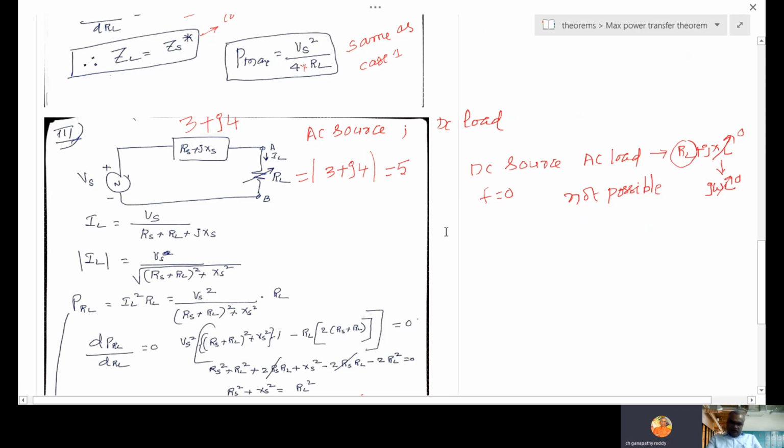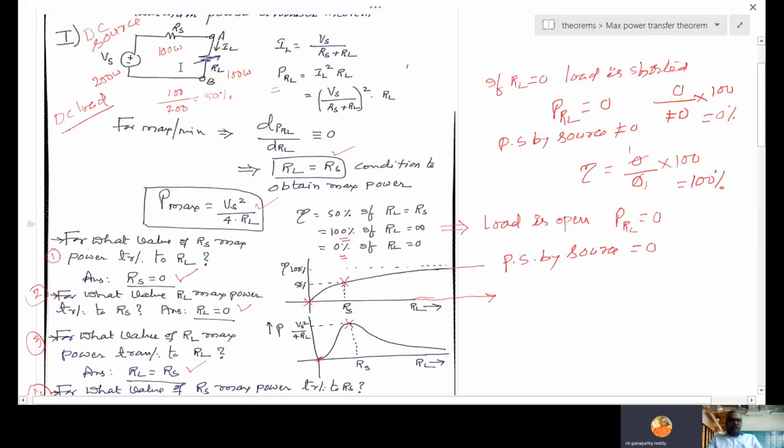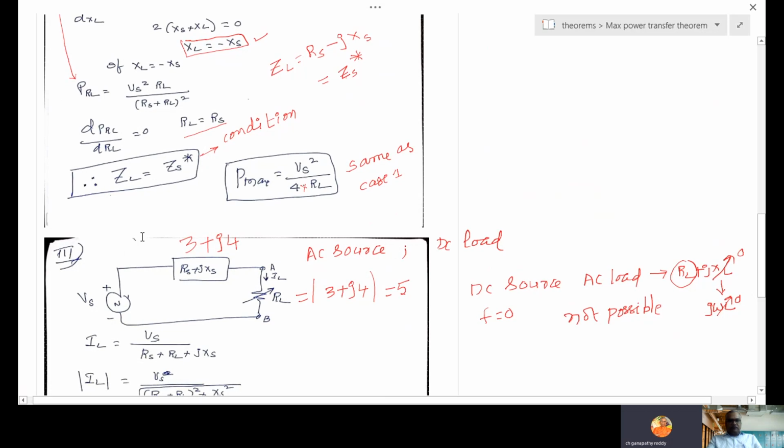So maximum power transfer theorem has only 3 cases. And remember, all these 3 cases we are applying on the Thevenin equivalent. This VSRS is a Thevenin equivalent, on this Thevenin equivalent only we apply the conditions. But how do you obtain the Thevenin equivalent? Already in the previous class Thevenin's theorem was studied. So first obtain the Thevenin equivalent, and depending on it decide the value of RL or ZL. This is the brief theory part.